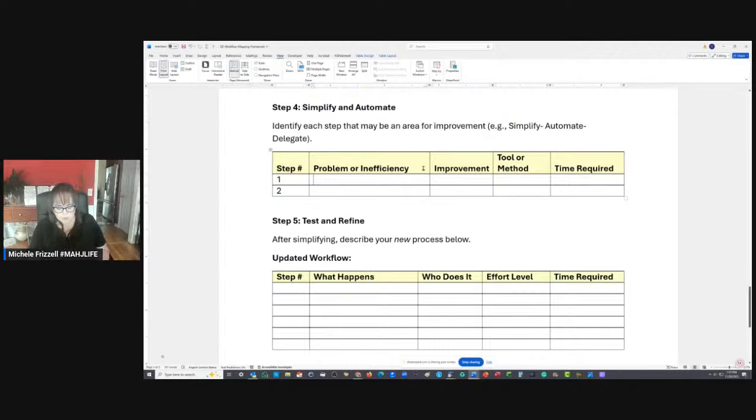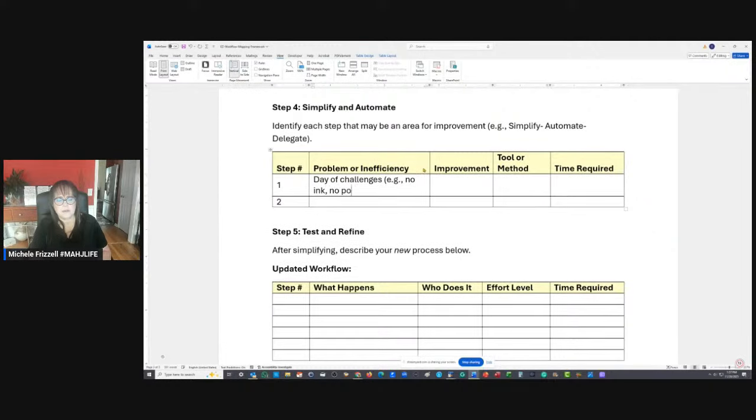The problem might be if you do it the day of: day of challenges, like no ink, no power, or, you know, who knows what else could get in your way.